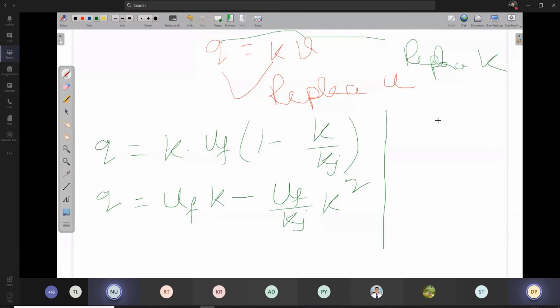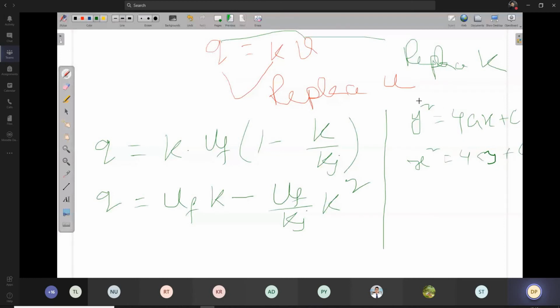y square equals 4ax is one that passes through the origin, and if it is not through the origin then it is x square plus bx plus c. If it is passing through the origin, then we know that y square equals 4ax plus c, or we can write x square equals 4ay plus c also.